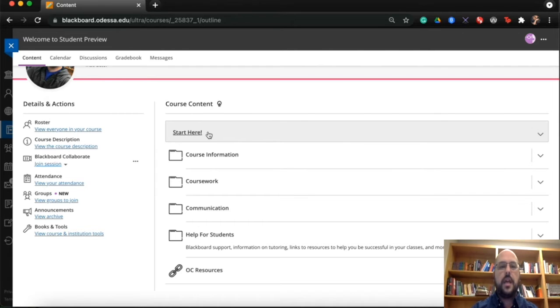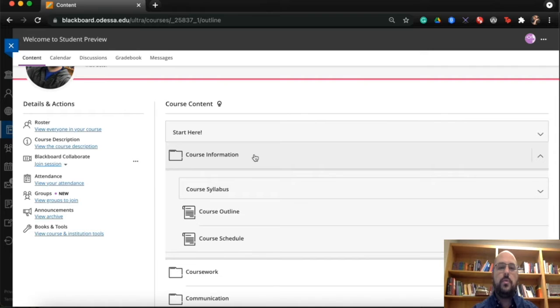So once I actually have my navigation video set here, you'll be able to see where it says start here. But directly beneath that is the course information, where you can see the folder for that. Now, every folder is collapsible or expanding. So if you click on, say for example, the course information folder, it expands to show you what's within that folder. So in course information, for example, you'll be able to see the course syllabus, the course outline, and the